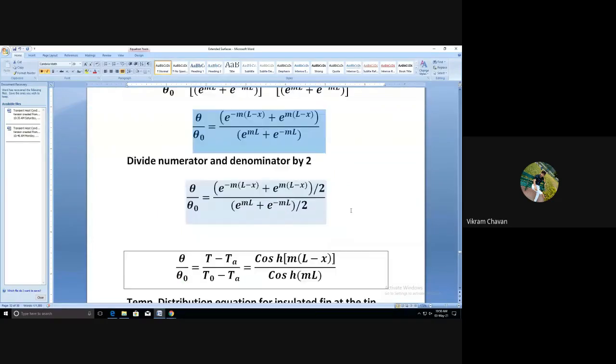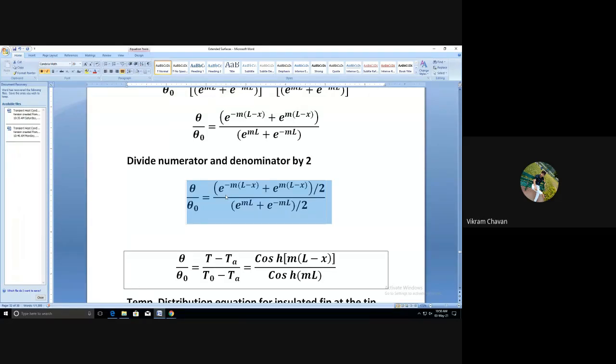Okay. Further, we have to convert that particular equation into a hyperbolic form, so if you divide this numerator and denominator by 2, we'll get the equation in the form of a hyperbolic term. So e raised to x plus e raised to minus x divided by 2 will be equal to cos hyperbolic of x. We know that, we have seen the formulas initially.